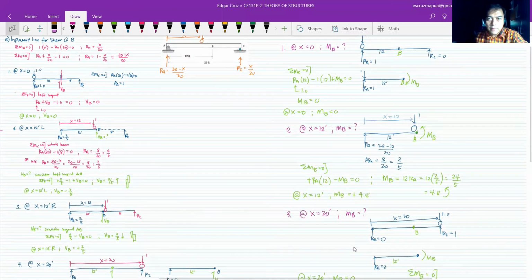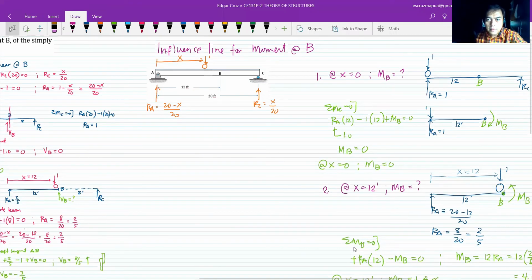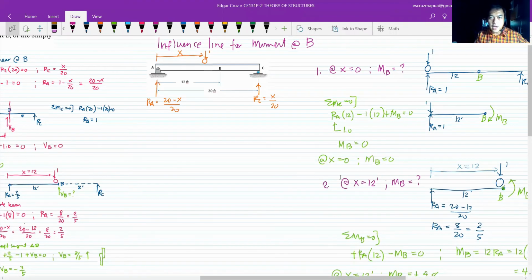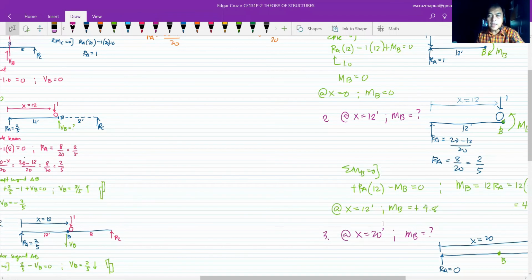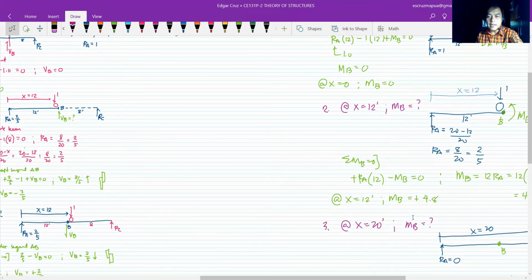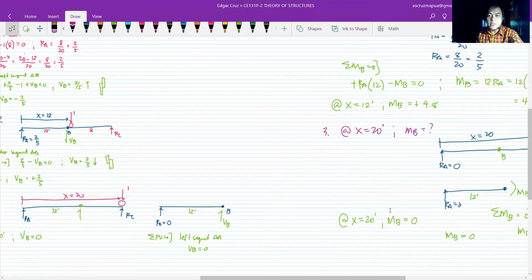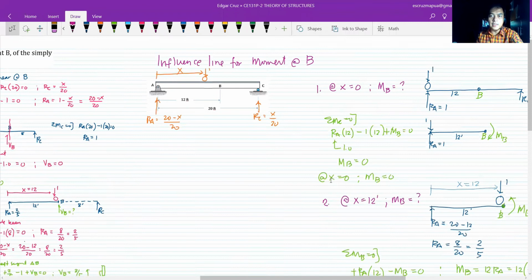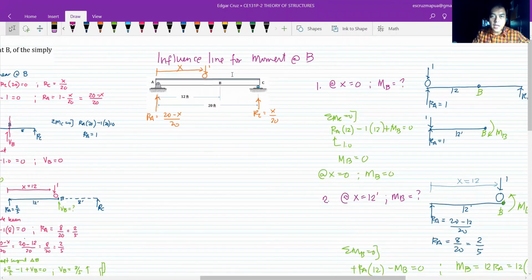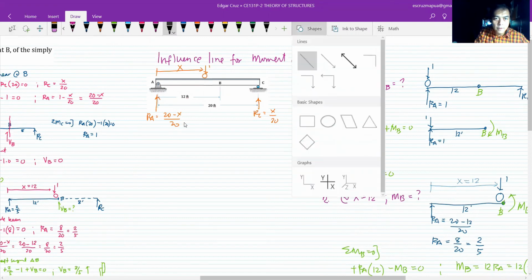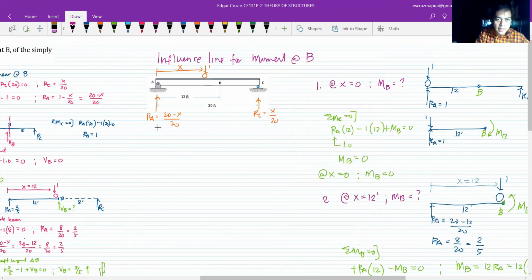So again, at x equals 0, MB is 0. At x equals 12, MB is 4.8. And at x equals 20, MB is equal to 0. So paano ito drawing natin dyan? So 0, 4.8. Okay, so pagka din-drawing natin influence line,